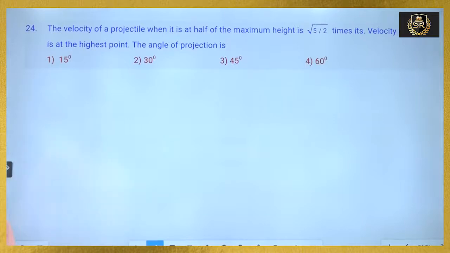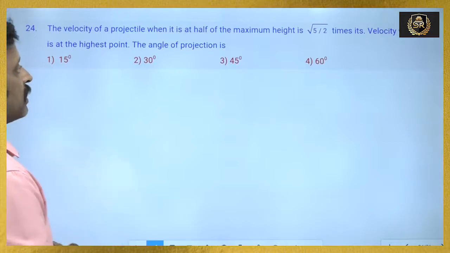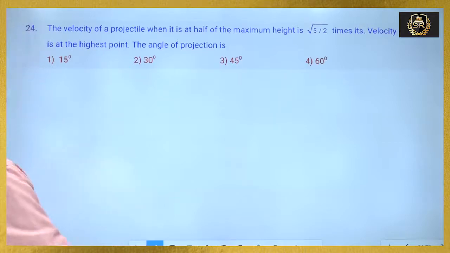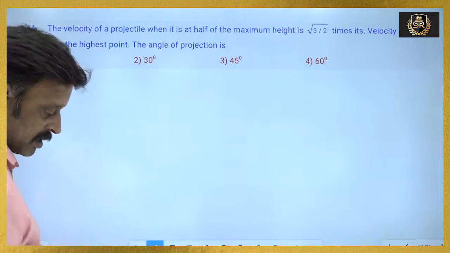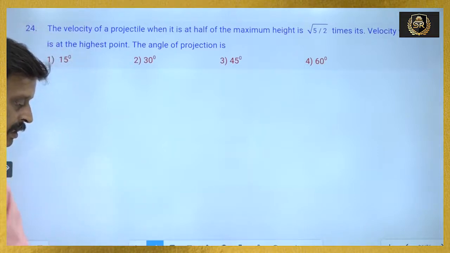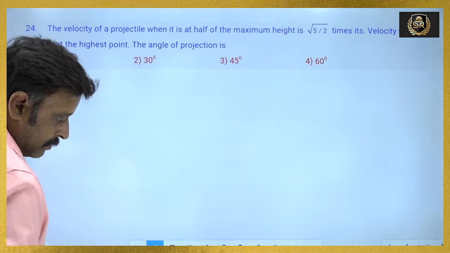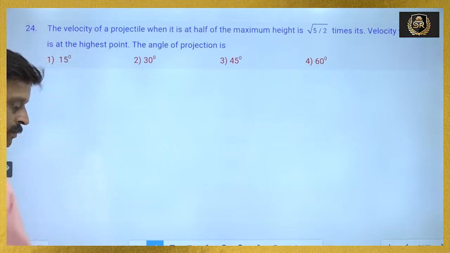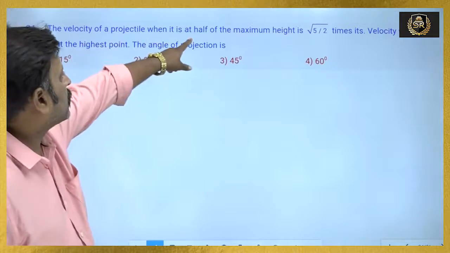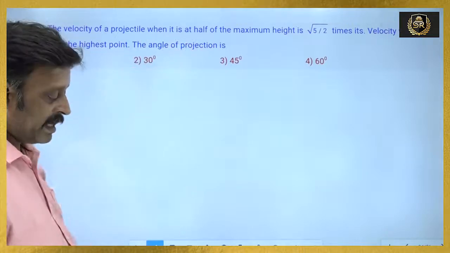Next question 24. The velocity of a projectile when it is at half of the maximum height is root 5 by 2 times its velocity when it is at the highest point. Then what is the angle of projection? Okay. See here. Velocity of projectile when it is at half of the maximum height is